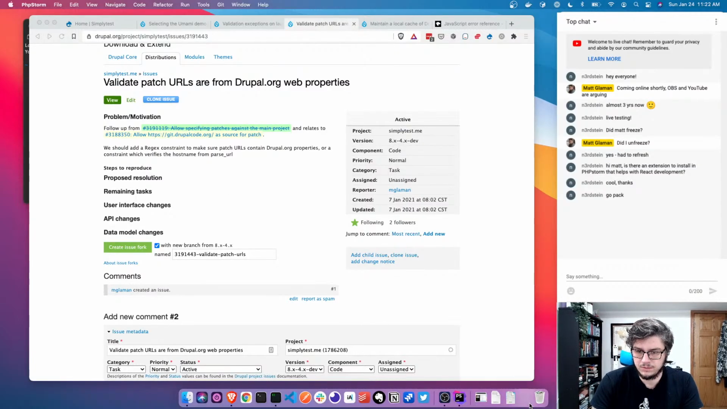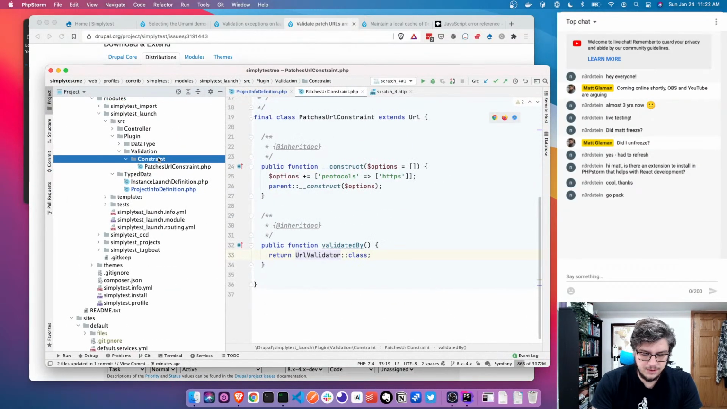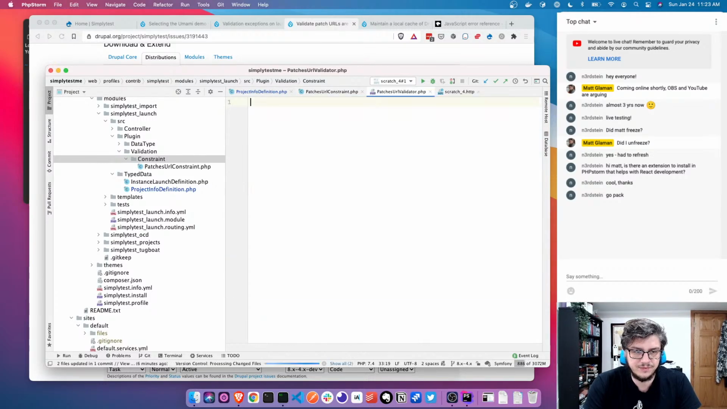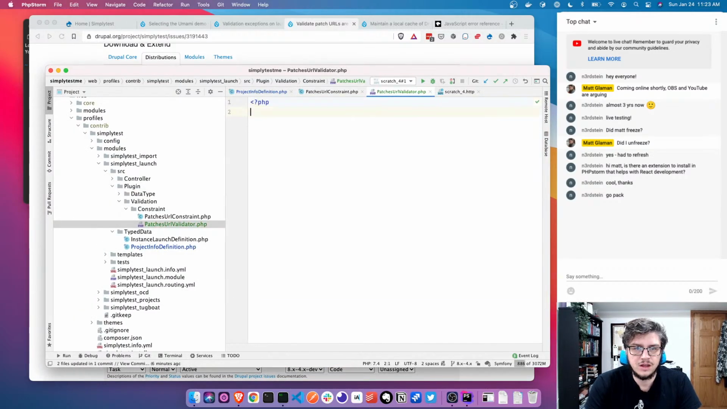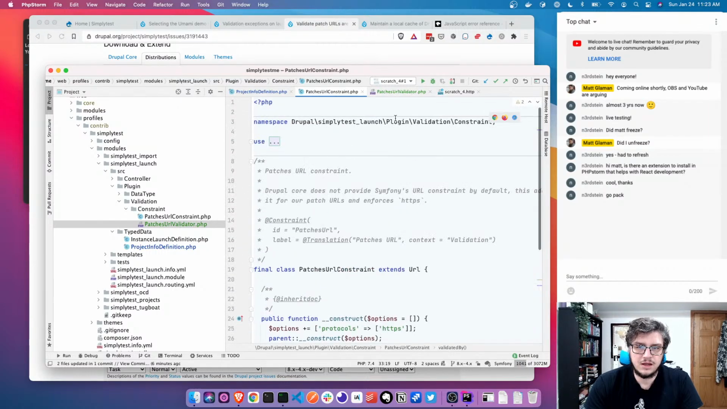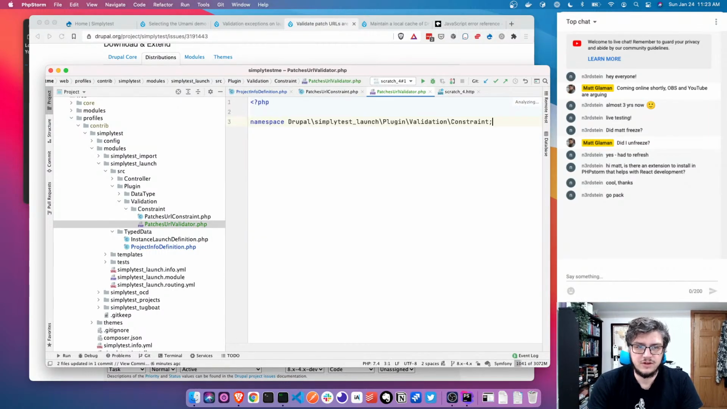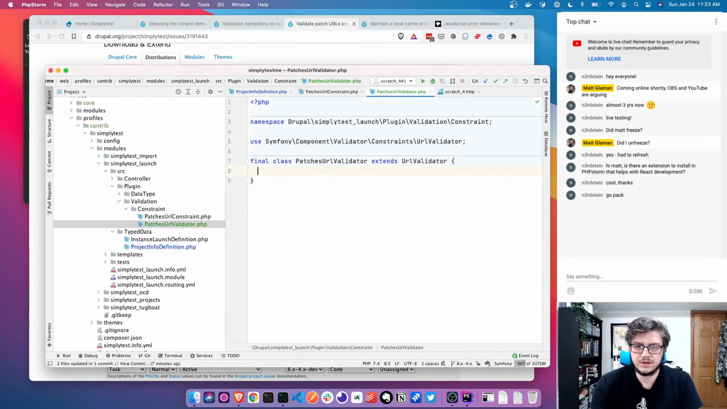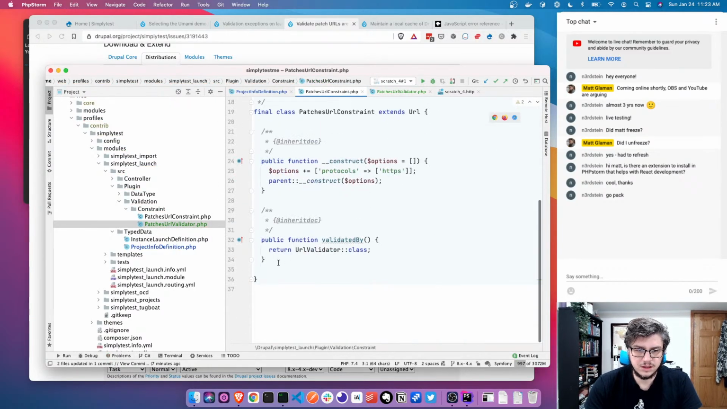Shoot, wrong button. So the naming convention is you do the constraint name, so patches URL, and then you add validator at the end of it. And copy this. So we're going to extend the URL validator. And if I delete